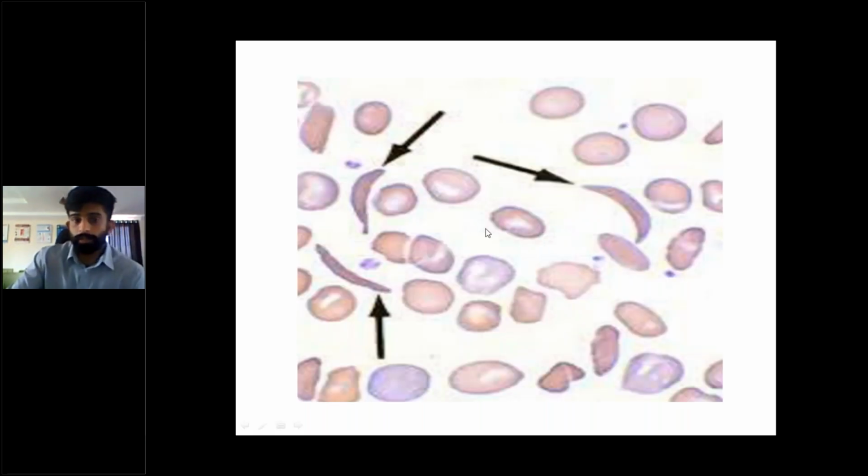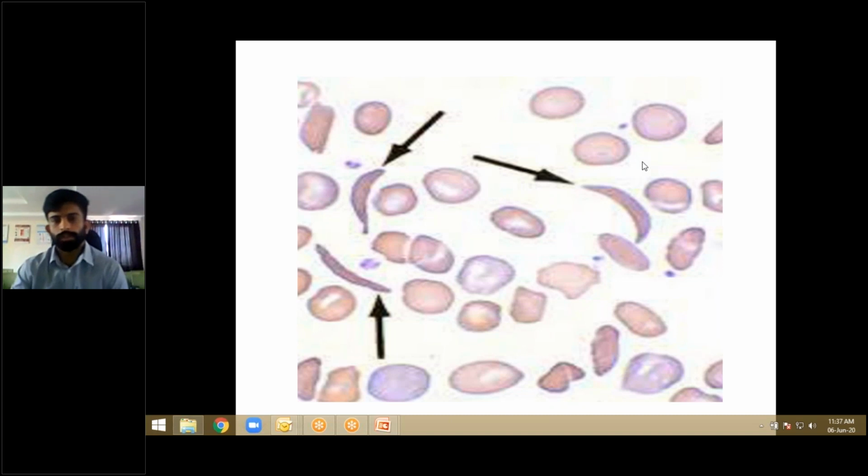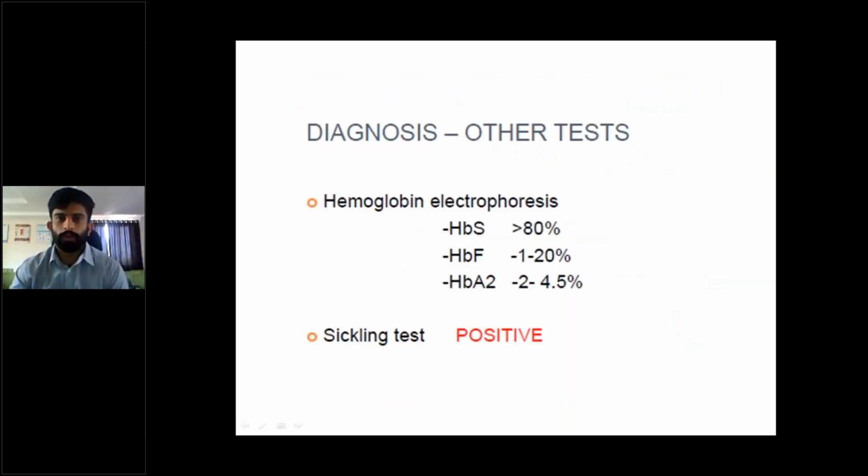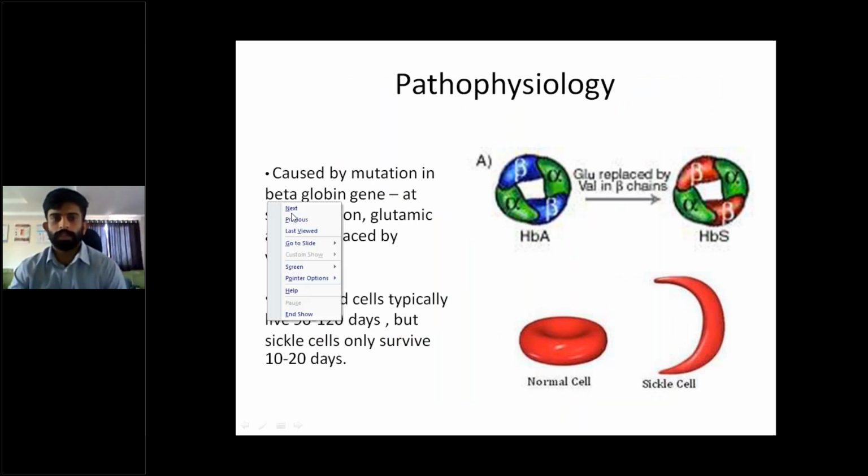So now considering this as a hemolytic anemia, you get a peripheral smear done, and the peripheral smear shows this particular picture. Here you see the peripheral smear showing that it has sickle shaped RBC. So you make a diagnosis of sickle cell anemia as a differential diagnosis. And then you go for further investigations. And based upon the clinical manifestations of pain of long bones, you suspect a vaso-occlusive crisis. Right. Moving forward, the diagnosis is